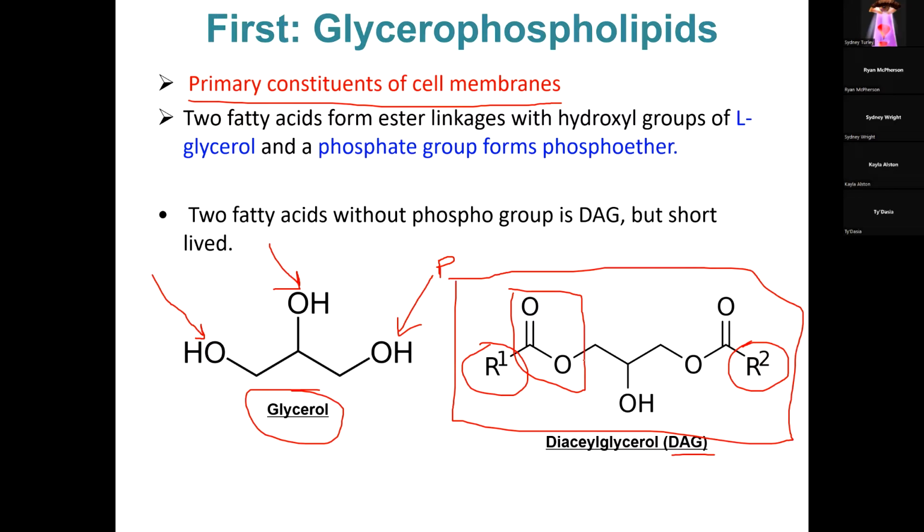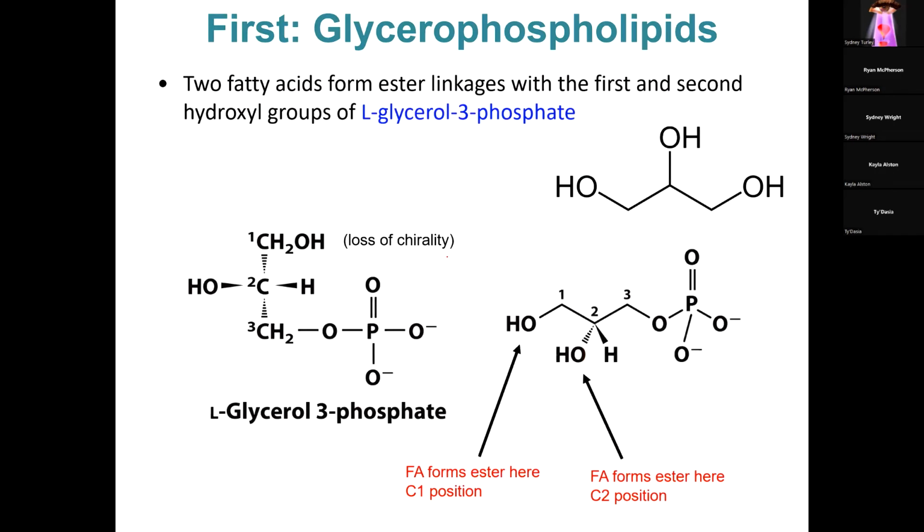these glycerol-based phospholipids, you have a fatty acid attached to one alcohol, a fatty acid attached to another alcohol. They could be the same, they could be different, they could be unsaturated, polyunsaturated, monounsaturated, and something attached to the third alcohol group, which is a phosphate group. So the phosphate group attaches to our glycerol,